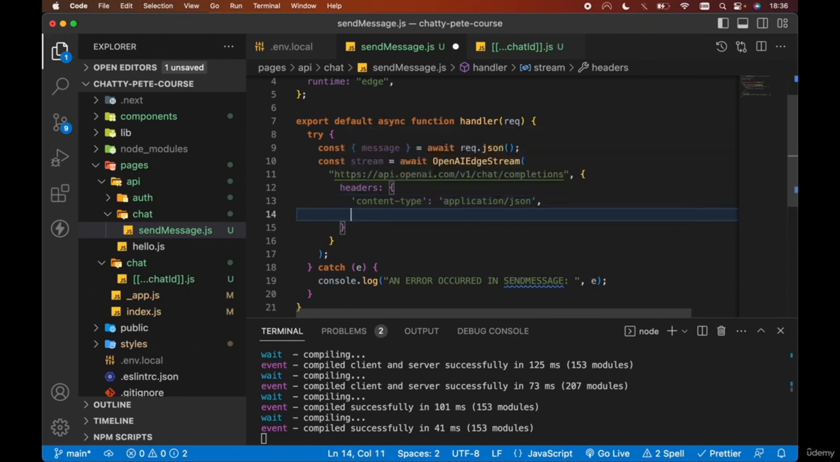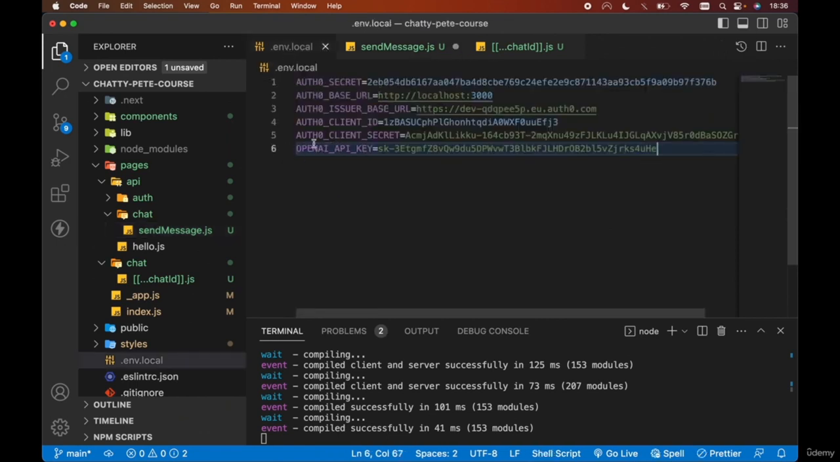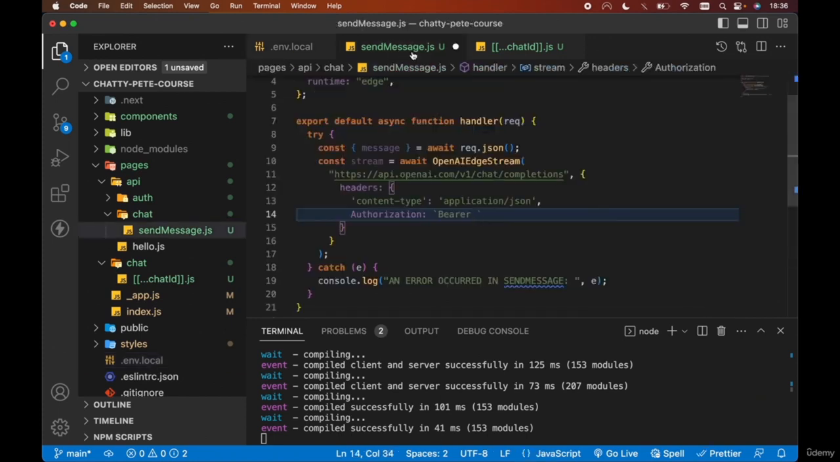And additionally, we need to add an authorization header. We're going to set this equal to bearer, because our OpenAI API key is a bearer token, and we just want to interpolate our OpenAI API key as part of this authorization key. To quickly remind you, it's this particular environment variable we need to reference, the OPENAI_API_KEY variable. So back in our send message endpoint then, let's interpolate the